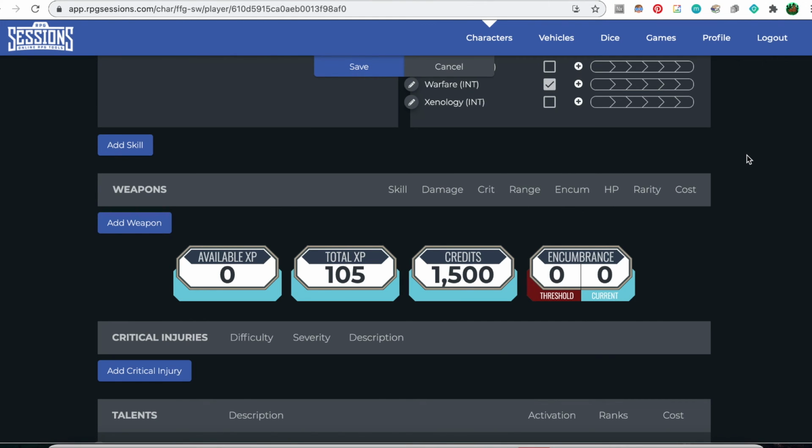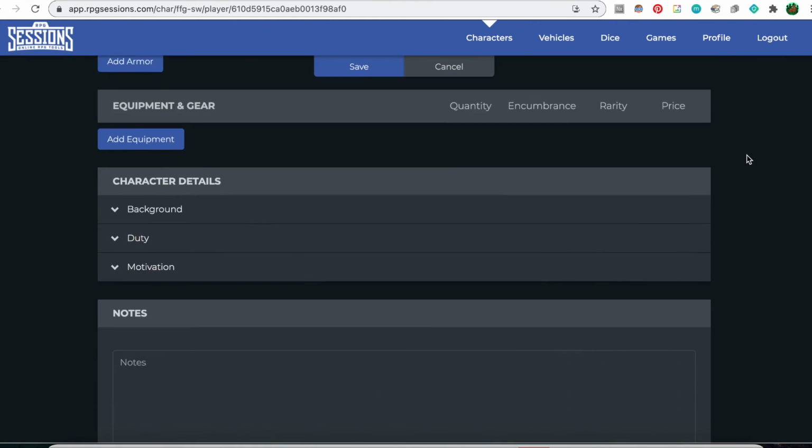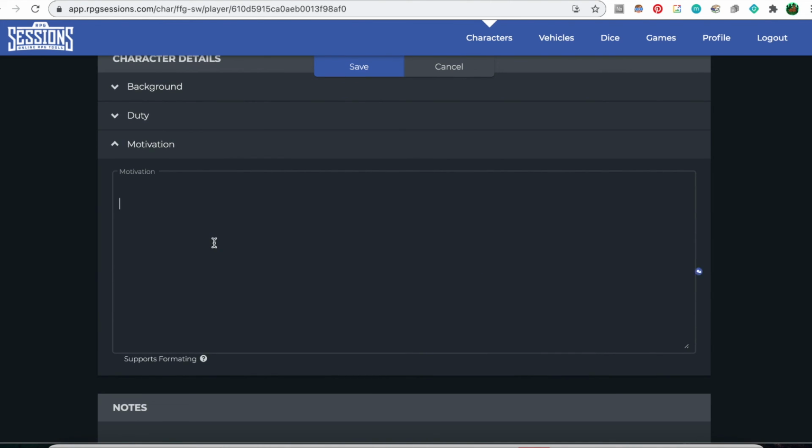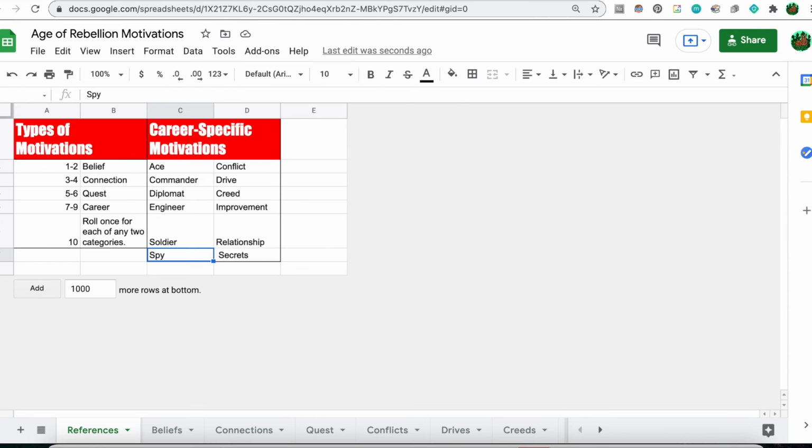The next bit that we're going to add to our character sheet is our character's motivation. The motivation can be found right underneath duty. And we're going to use this resource, this set of spreadsheets that I created to figure out which kind of motivation works best for our character. Your motivation is going to be something that drives your character. It's telling us something about who they are as a person. It's also telling us why they're fighting for the rebellion, and it will probably also help us direct the story